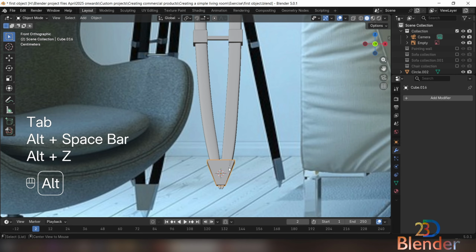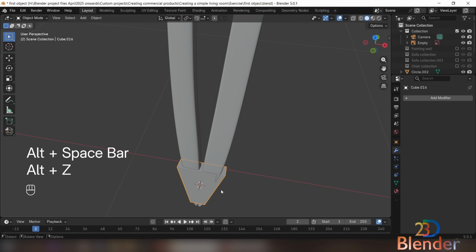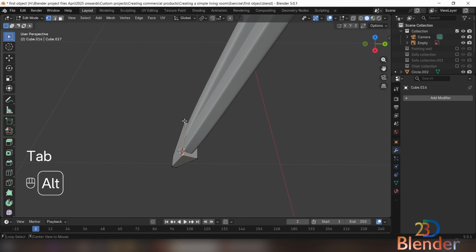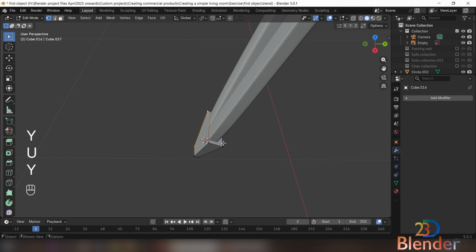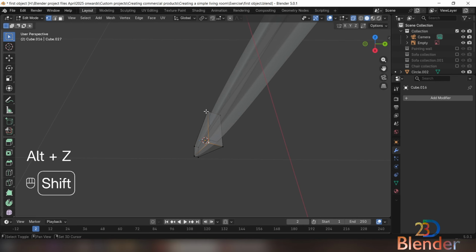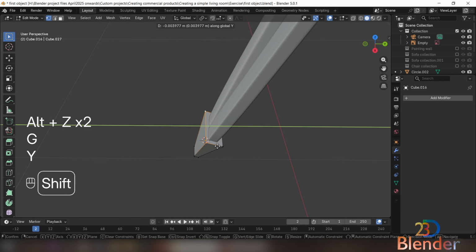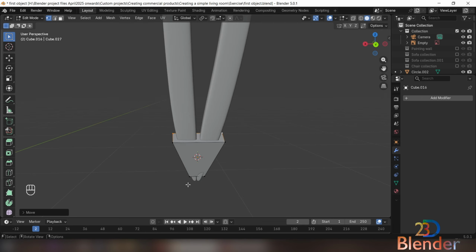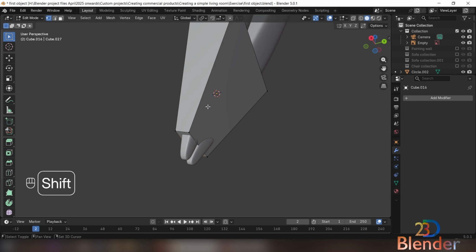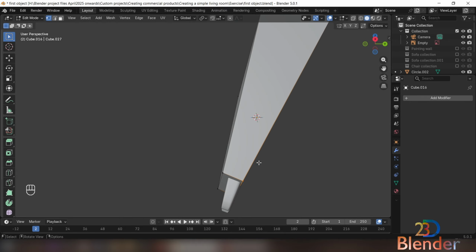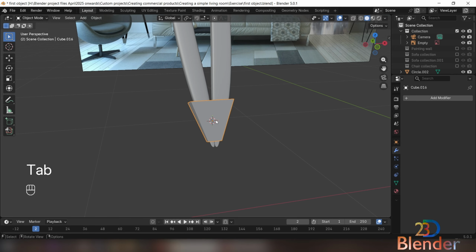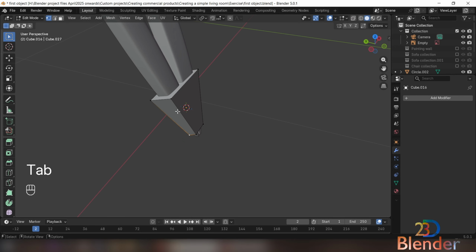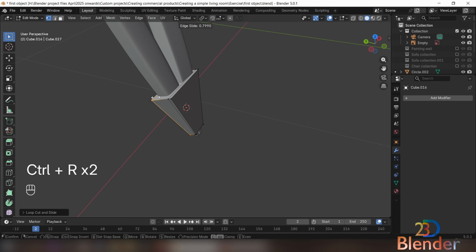So let's see what we have. We have something like this, and let's take these and GY on local, deselect this, and this, GY. So we have something like this, and while we are at it, select this one and this one, GY twice, and we have a winner. So make it sub D ready again, the same drill, one over here, one over here, and then